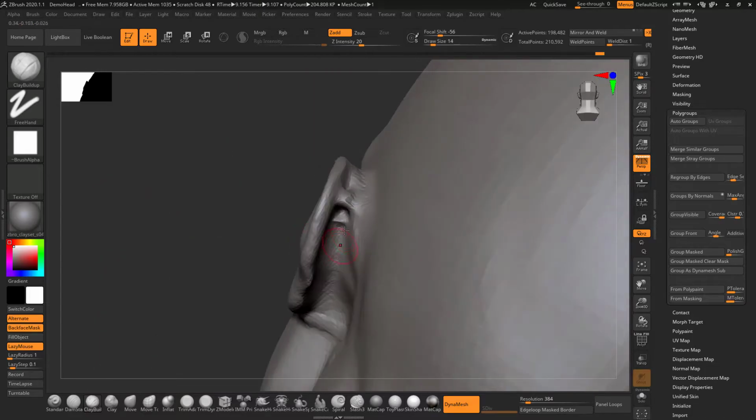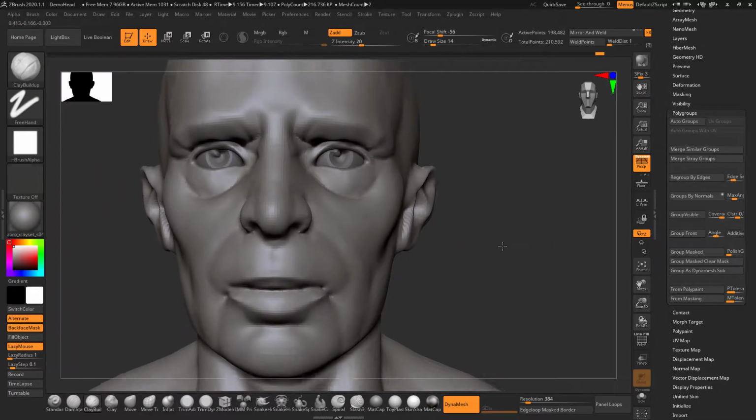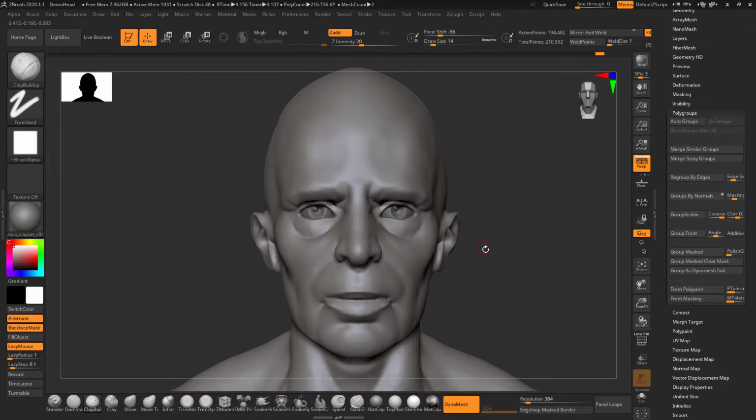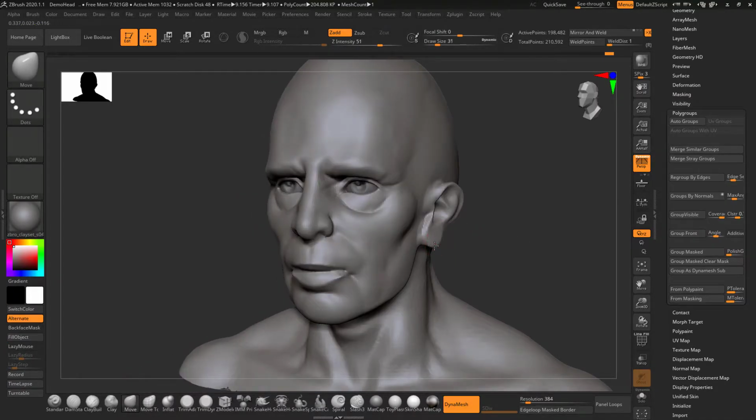Alright, so now you can see that I have changed the size of the ear to match my character. I will just increase this area.